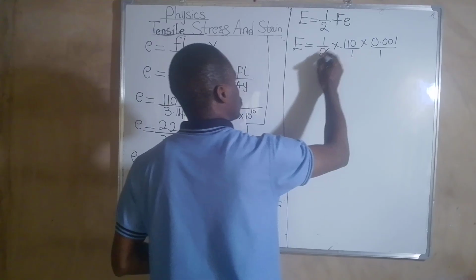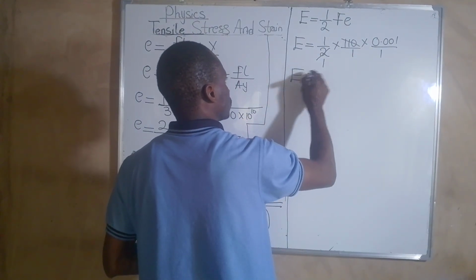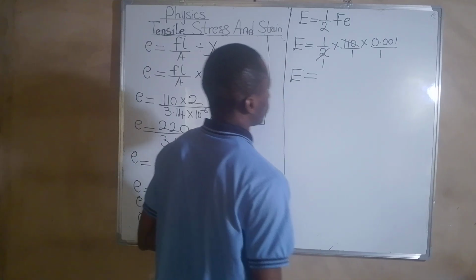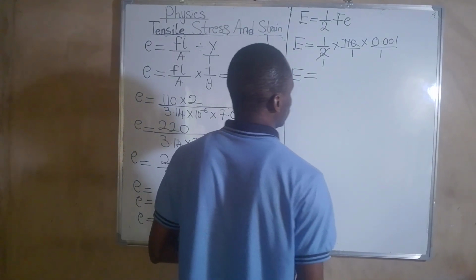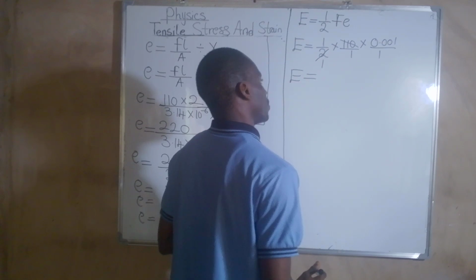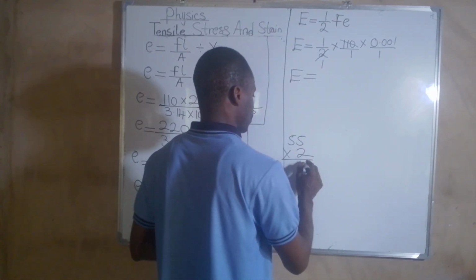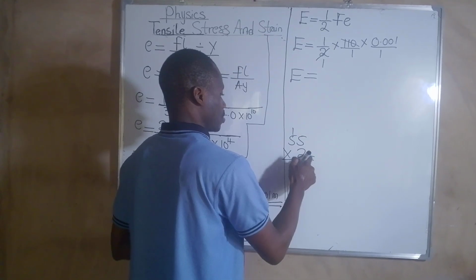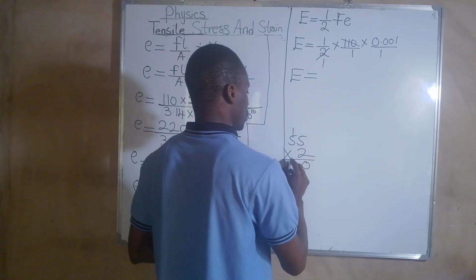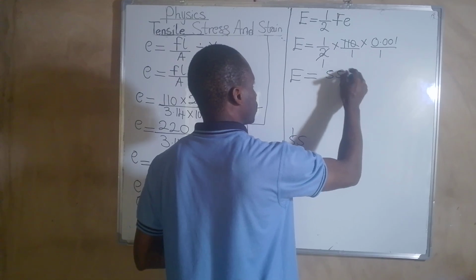So 2 in 1110. 2 in 11 should be 5, remainder 1. That should be 55, because 2 times 5 is 10 plus that. So 110. So that should be 55 times